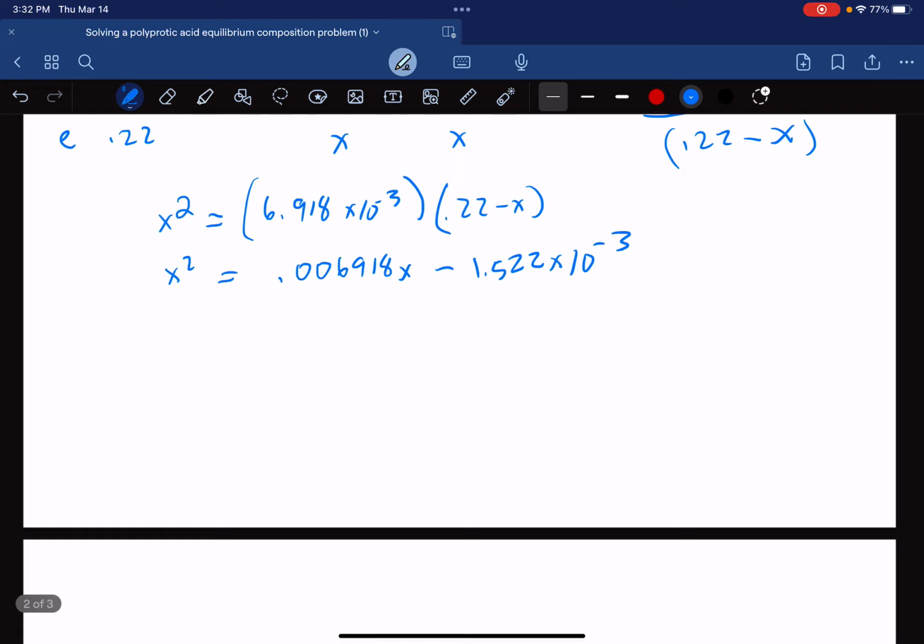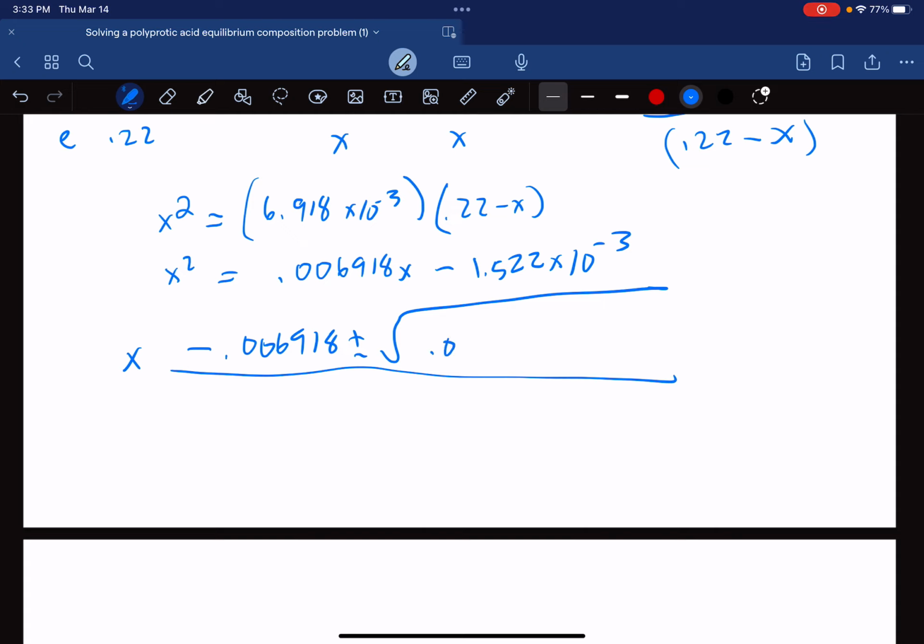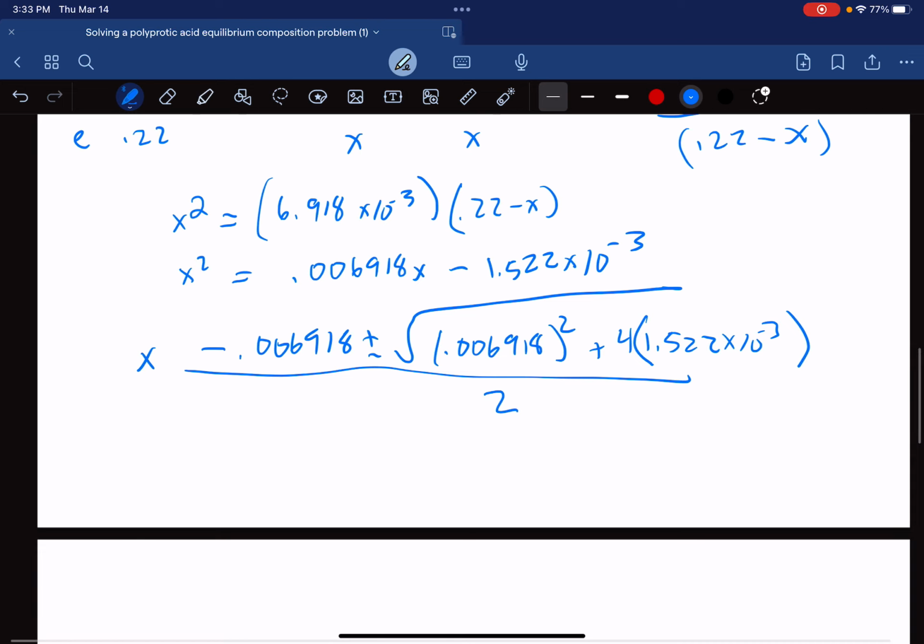And when we solve for x using our equation, we end up with negative 0.006918 plus or minus, this is all, and you guys probably have sung the song before, I'm not going to sing it, 0.006918 all squared plus 4AC, right? 1.522 times 10 to the negative 3, and all of that is over 2. And when we solve for this, we end up with two values for x, as we always do, and it's going to be